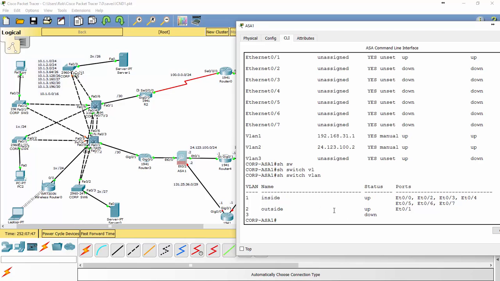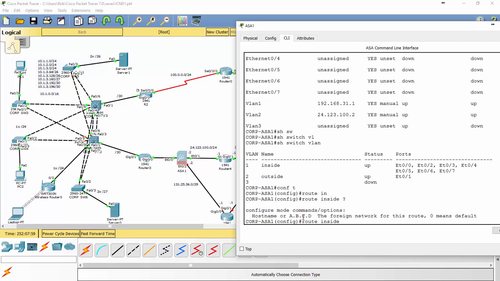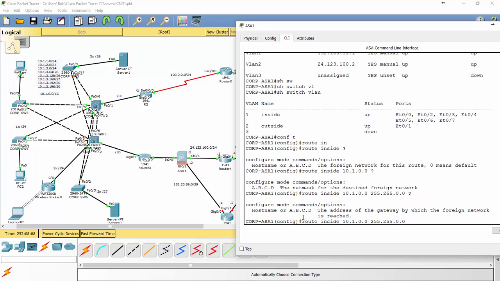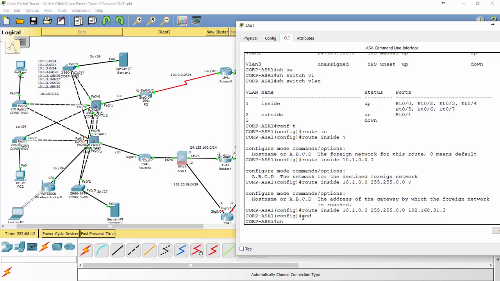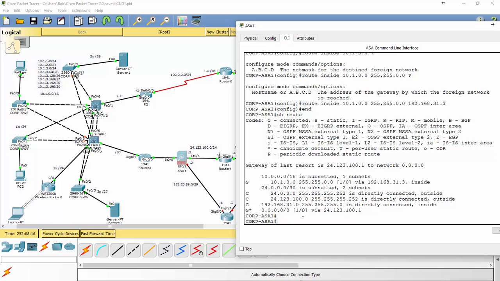So what I'm going to have to do in here is tell the ASA, if you want to reach a particular subnet, you need to send it back out this interface. So I'm going to go up to the route here. I'm going to type in route inside and tell it the name, 10.1.0.0/16. And then the next hop IP address is going to be 192.168.31.3. Okay? To do a show route, I'm going to have a static route that points into here. So now I should be able to ping